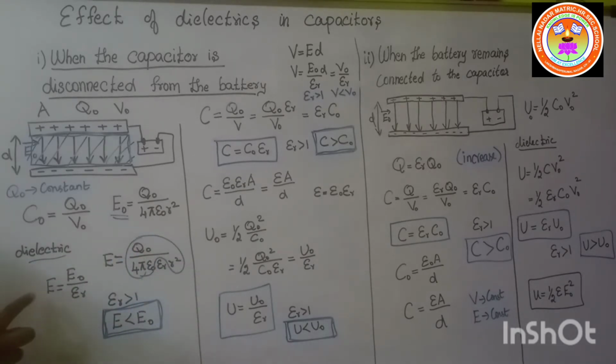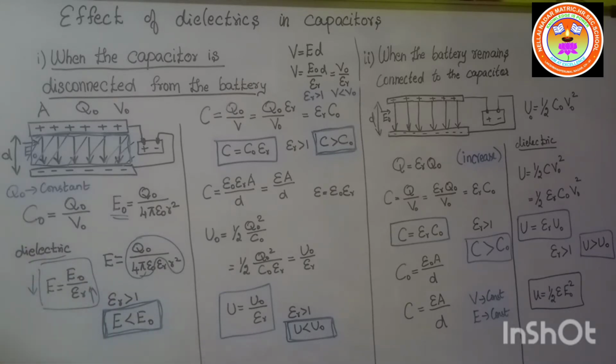So I will get the formula E is equal to E naught by epsilon naught. Now, what formula will I get? E is equal to E naught by epsilon r. You all know that for any other medium, the value of epsilon r is greater. So when epsilon r is greater, what about the electric field? The electric field will be